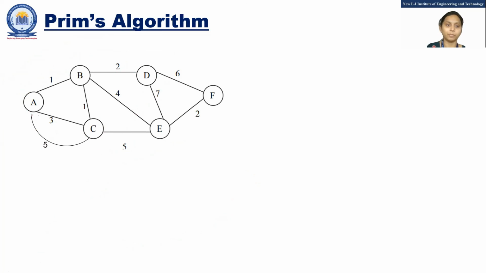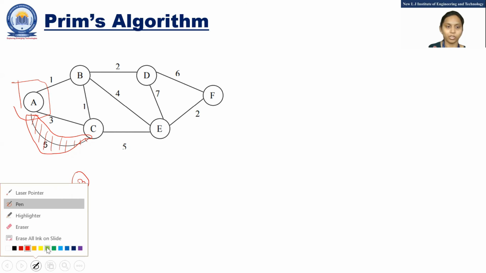Let me take one example to understand Prim's. As I said, this is a parallel line, so remove it. Now let me start with A. If I make a box on A, how many edges are going outside? 1 and 3. Which is minimum? 1. So let me draw this line.